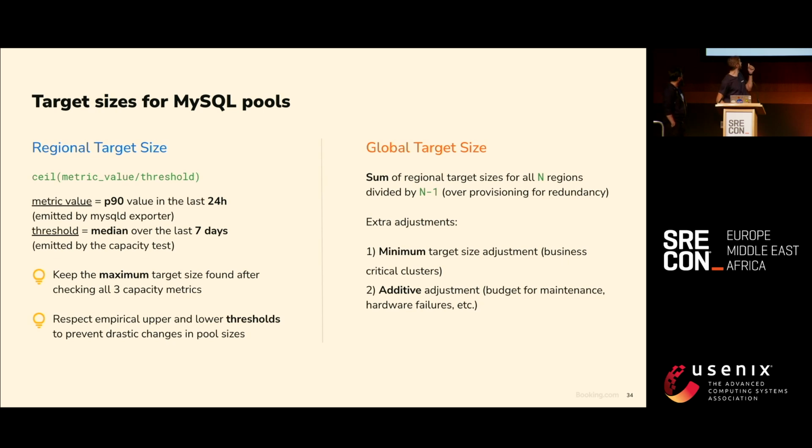We divide this by the threshold pushed by the capacity metric over the last week. This division gives us an indication of how big or small this pool should be. We do this for all three metrics, and we keep the maximum target size calculated for all these three